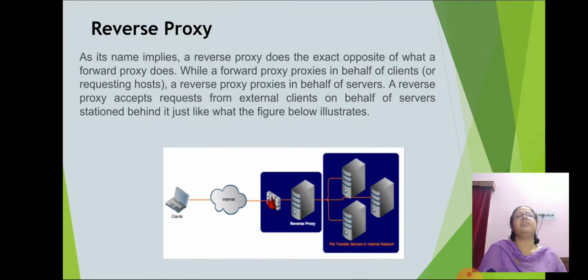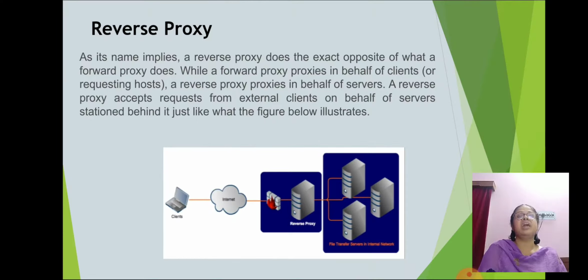In the case of a reverse proxy server, when an external client makes a request to one of the servers in the internal network, the request passes through the reverse proxy server. If the connection should be allowed, the internal server sends the response through the reverse proxy server.